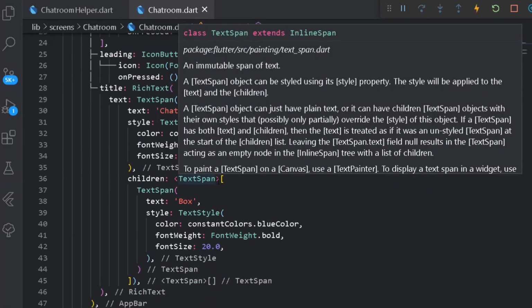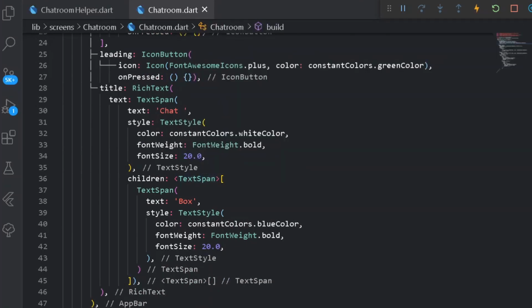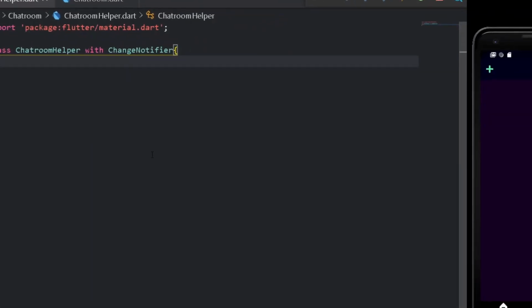But before constructing our body, let's get the content of our body. So first of all, we can move under a chat room helper. Now what I will be doing is, on pressing this plus, we shall be showing the user a field for creating a chat room, that is, a bottom sheet for creating a chat room, and the bottom sheet shall be looking like this just on your screen.